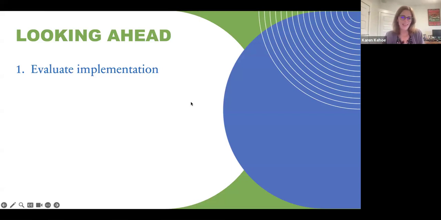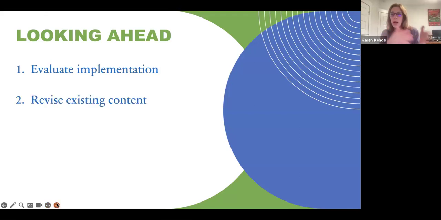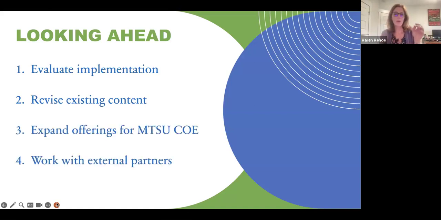And then we're going to take that and revise the K2 module that we've currently built. And then we're going to expand offerings. So our next